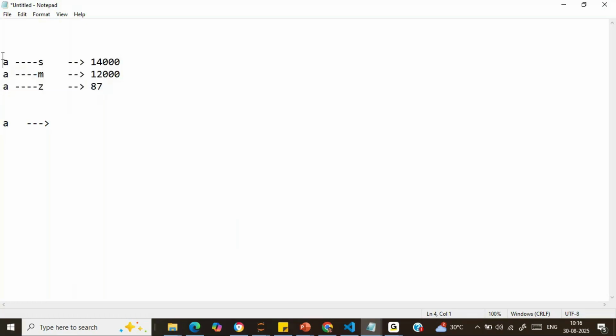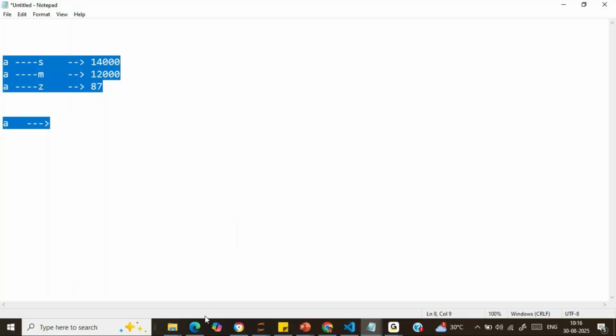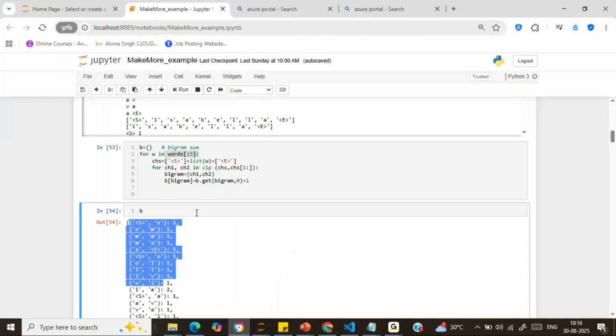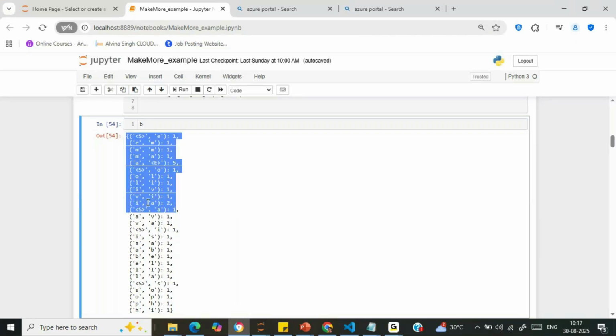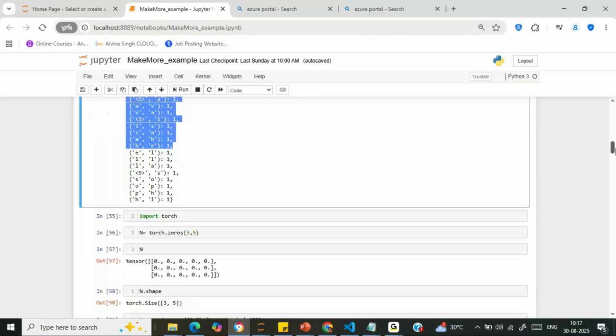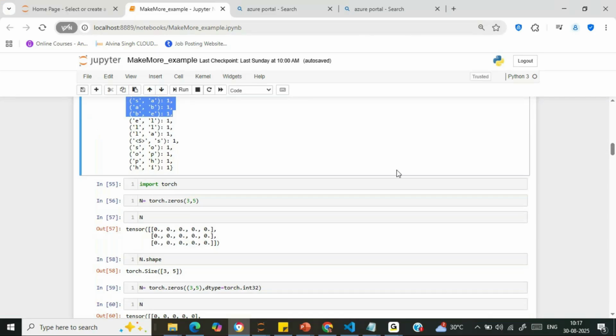In the same fashion, we are counting the repetition of words, and the higher count denotes that, say, this combination of I and a is there, so a is the most likely letter after I. So that is what we got from this count. We have counted the repetition, then we went through